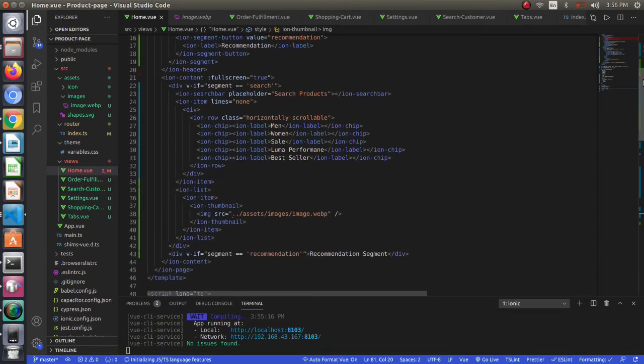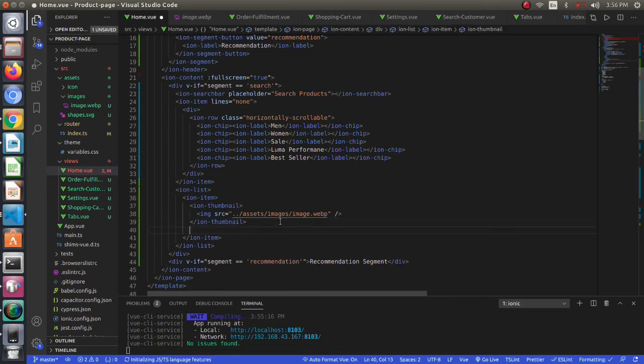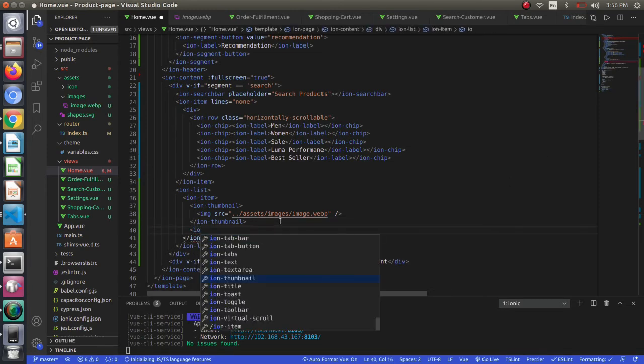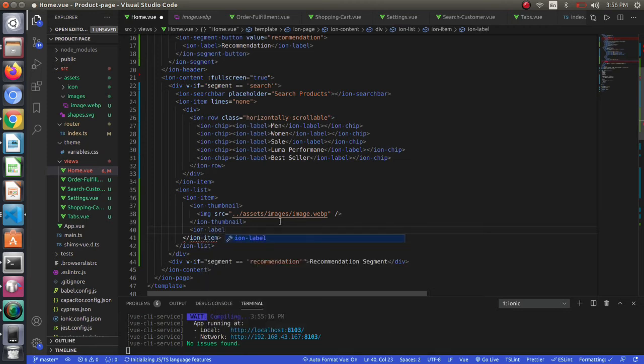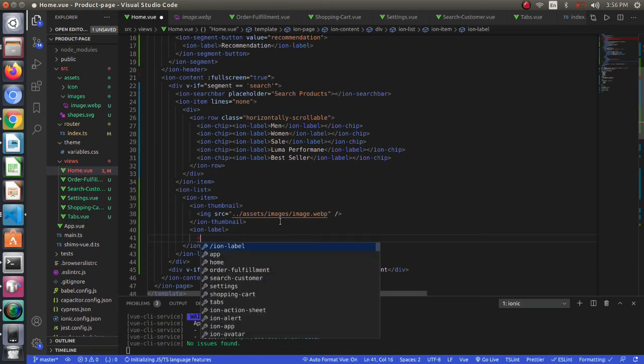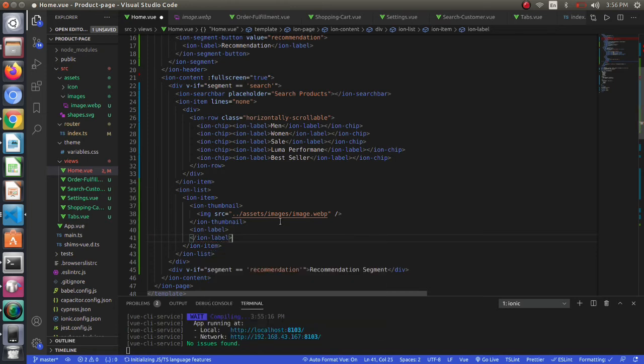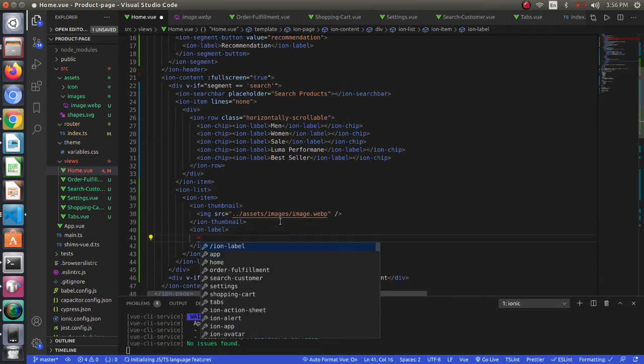After the product image we have the product name and the size. So I will be using ion-label for that. Basically ion-label is a wrapper element, and inside ion-label we can use the components or tags of our choice, whatever we want our desired result to be.